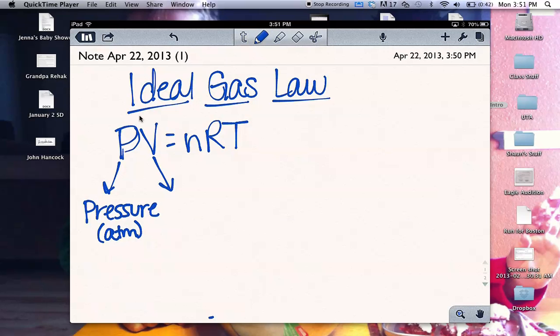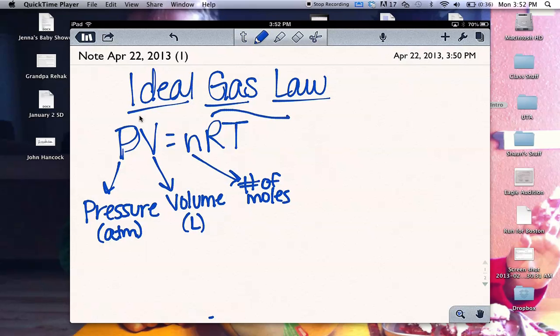V is equal to volume, which has to be in liters. n is the number of moles, which of course has the units of moles. R is the ideal gas constant,